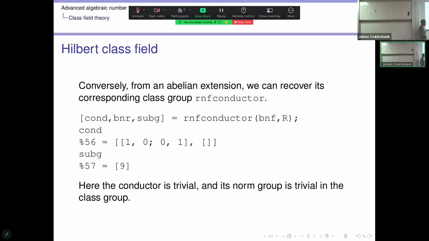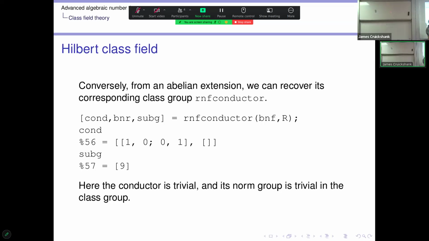And it gives you a bunch of data: the smallest conductor for which it is a subfield of the class field, something I will talk about later, and a certain subgroup. In this case, we had done just the Hilbert class field, so we should just get the class group. And indeed, the conductor gives us the identity matrix, so it means the trivial ideal, and empty,